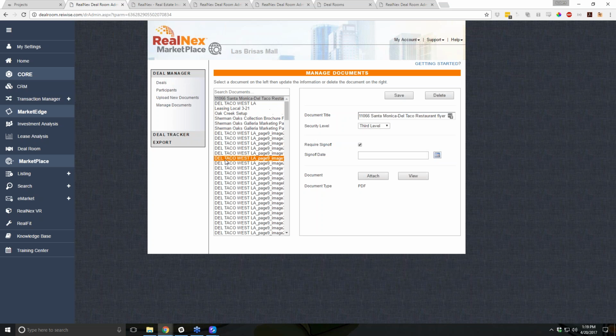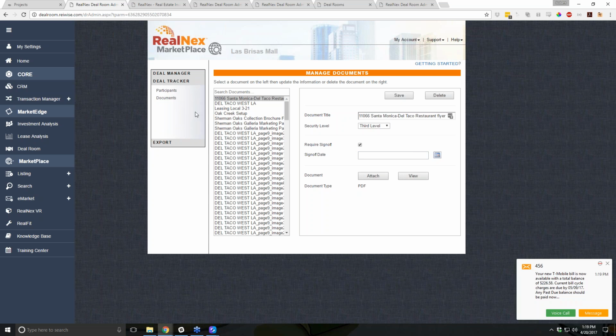So when you click on one of the documents on the left side, there's a checkbox for Require Sign-Off, as well as a sign-off date if you want to manually enter that. So what that will do is when a participant on the deal views that document, it'll have a pop-out on the left side similar to the CA that they signed to,